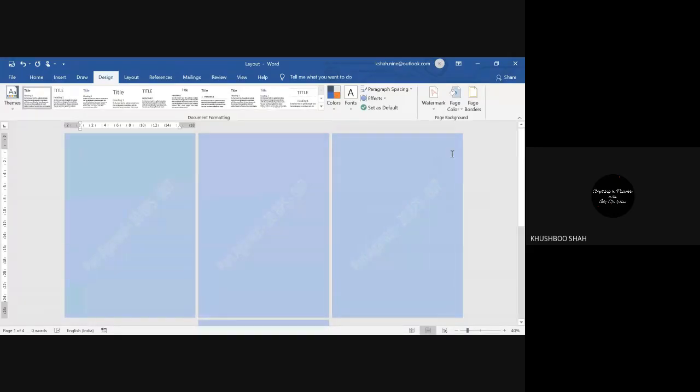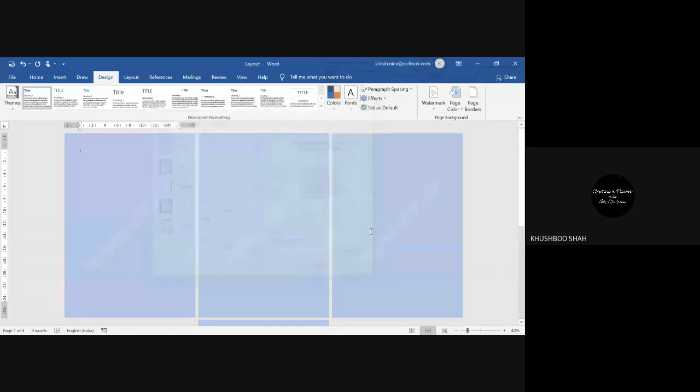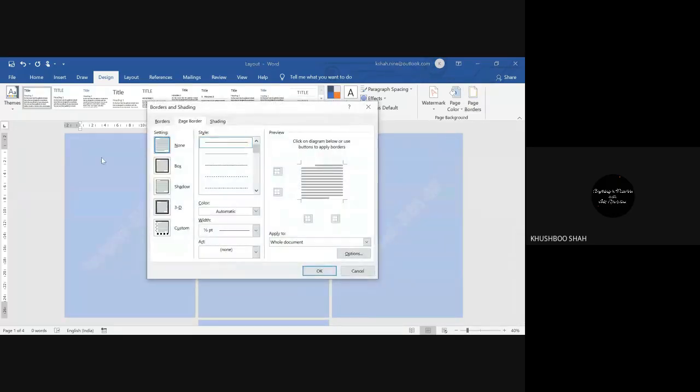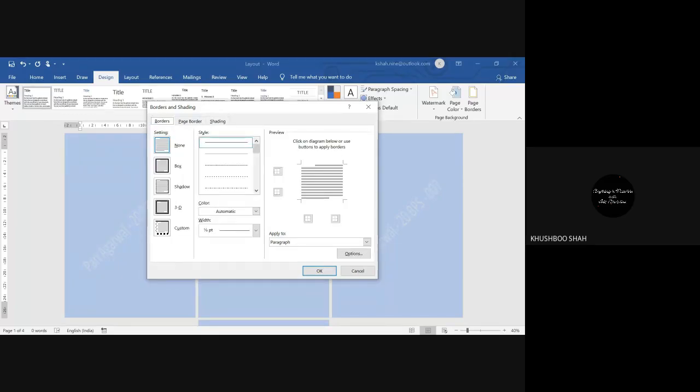After giving the color to the page, here we have the option of page border. When you click on this page border option, there are three different sections: borders, page border, and shading. There is a difference. When we say borders, it is specifically for some particular content like a text or an image.